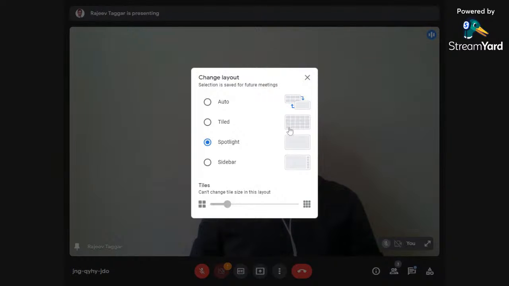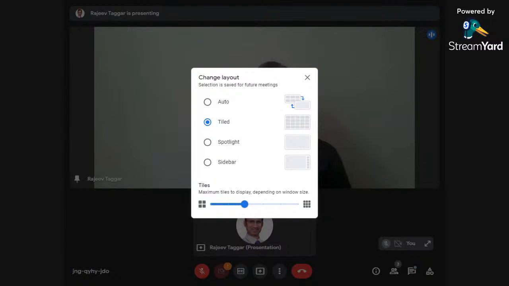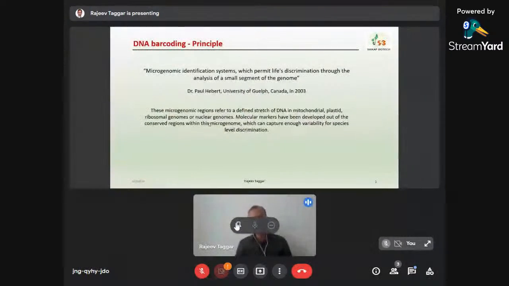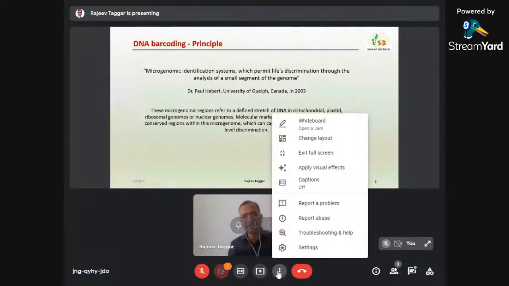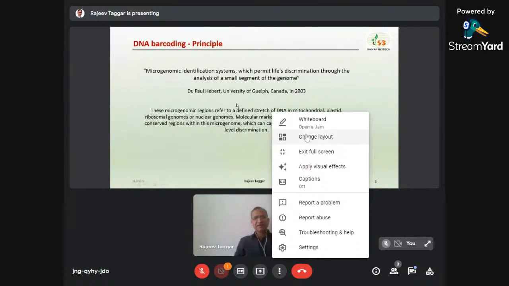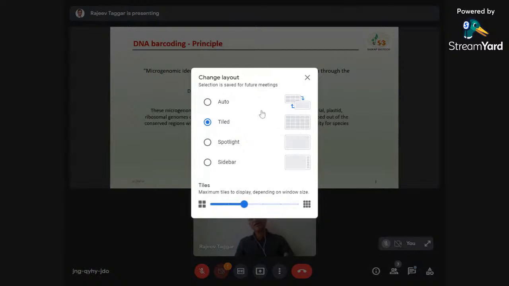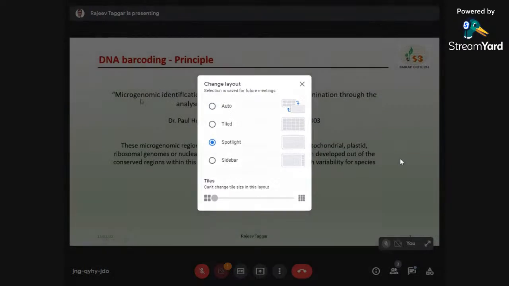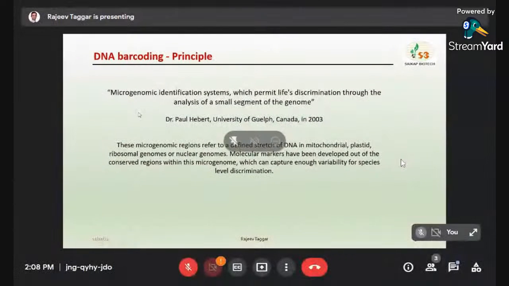So what Paul Hebert found out was that from very small pieces of DNA, fragments of DNA, if we can find out that sequence, we can do the complete plant identification. What he said was, DNA barcoding is a microgenomic identification system. That means even from a very small piece of DNA, if you can sequence that and